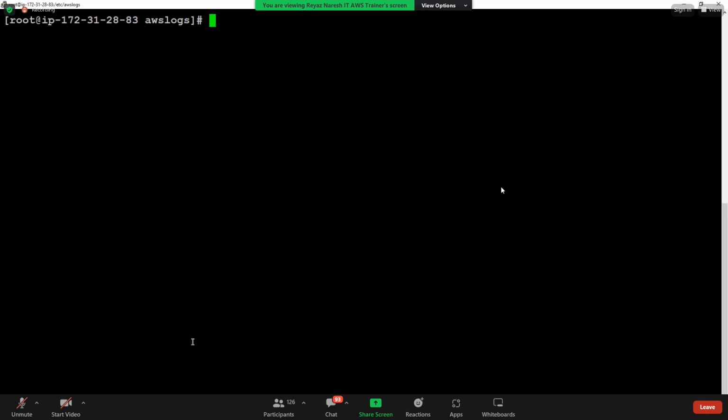Okay, now we have installed AWS logs, I mean, the CloudWatch agent. We have installed the CloudWatch agent. So once you install it, we need to start that service. Once you install any patch or any package, you need to start it. So what is the command to start? Write down: sudo